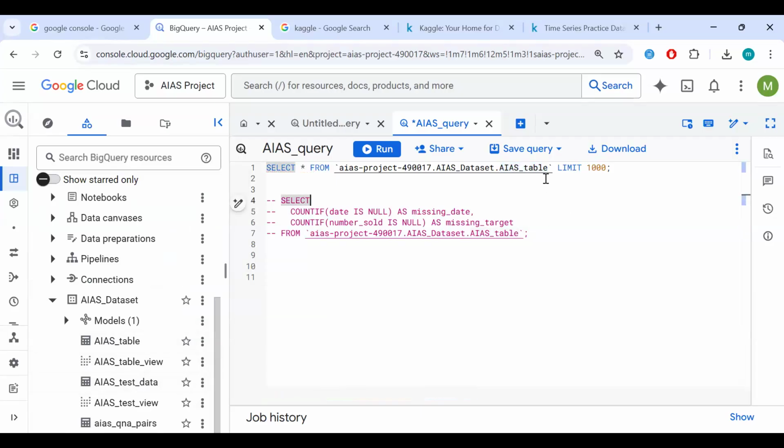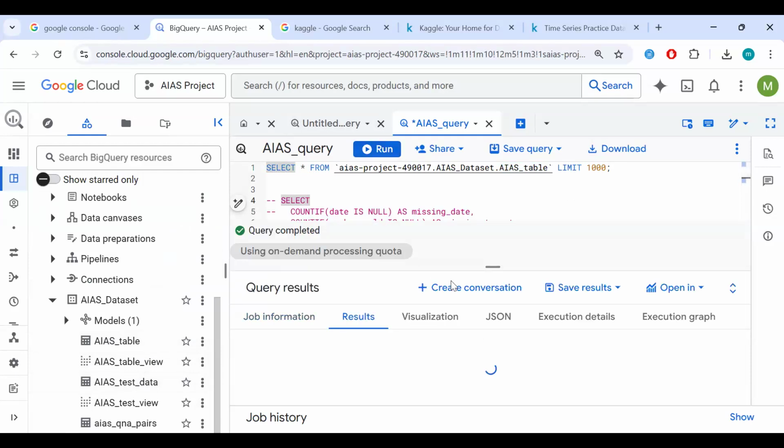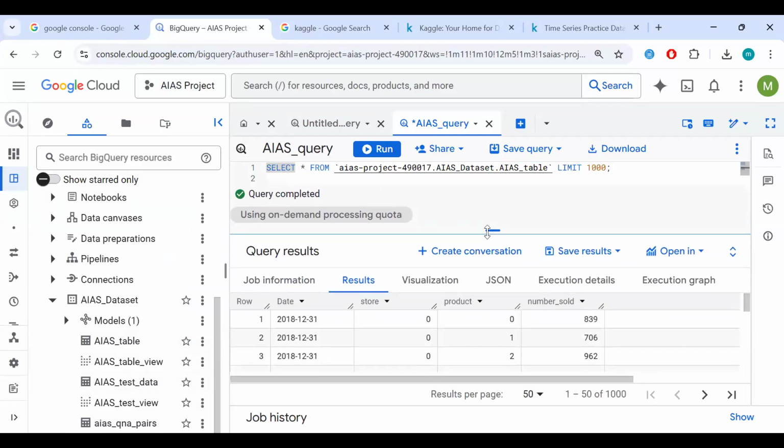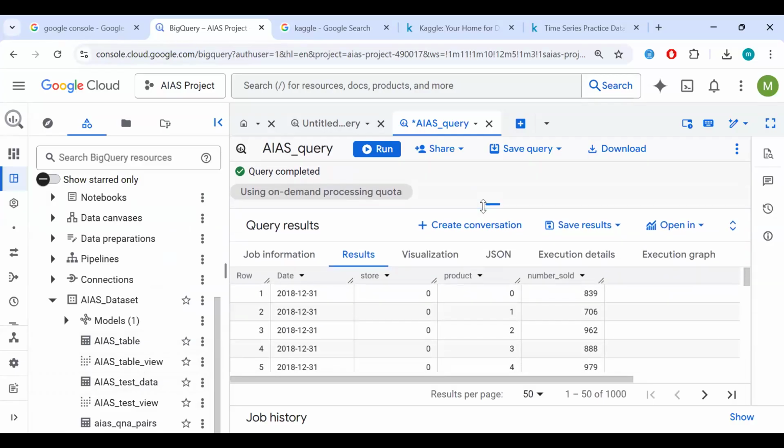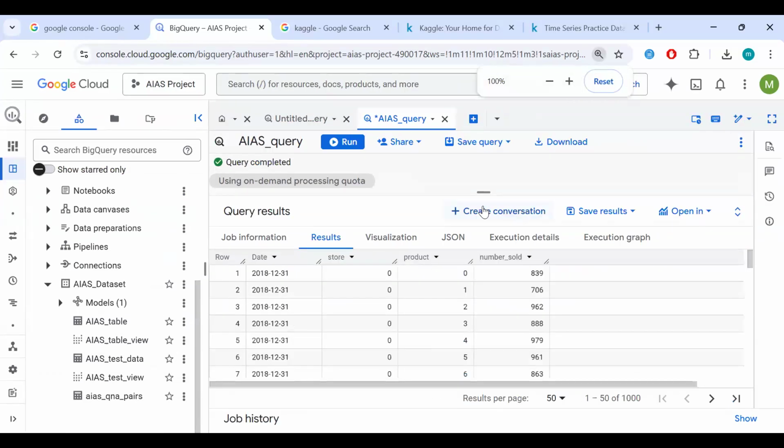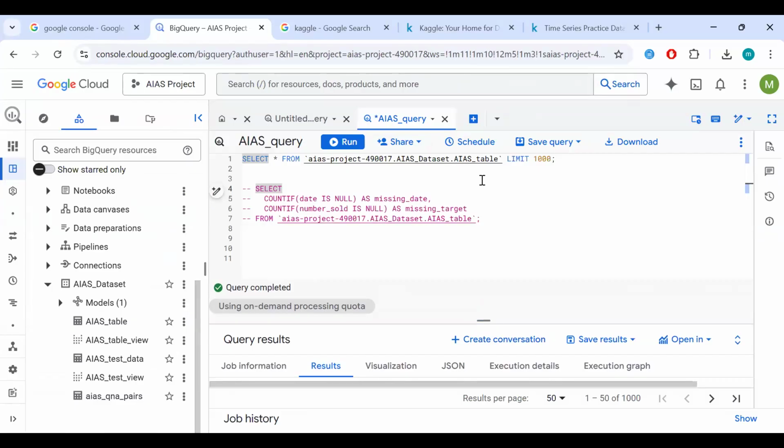So if we run this query, naturally we should see what's in our table, and I'll run it. So as you can see, this is basically what's in our table, our dates, store, product, number sold, right? So let's move on. So this, like I said, is a basic SQL query.